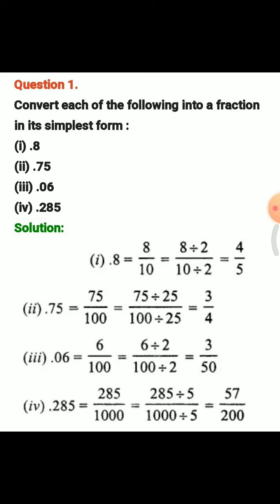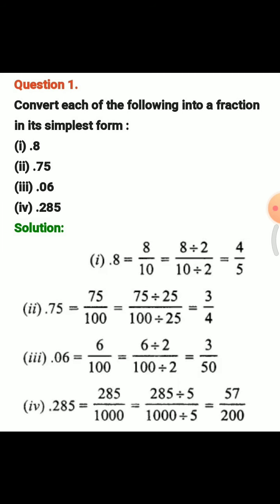The next question is 0.75. At first you convert it into fraction form. So your answer will be 75 by 100. After that you divide it by the highest number. You see this number is divisible by 25. So 25 3s are 75 and 25 4s are 100. Okay. Next is 0.06. So 6 by 100, because after the decimal place you find two digits. Okay. 6 by 100, you divide it by 2. 2 3s are 6, 2 50s are 100.